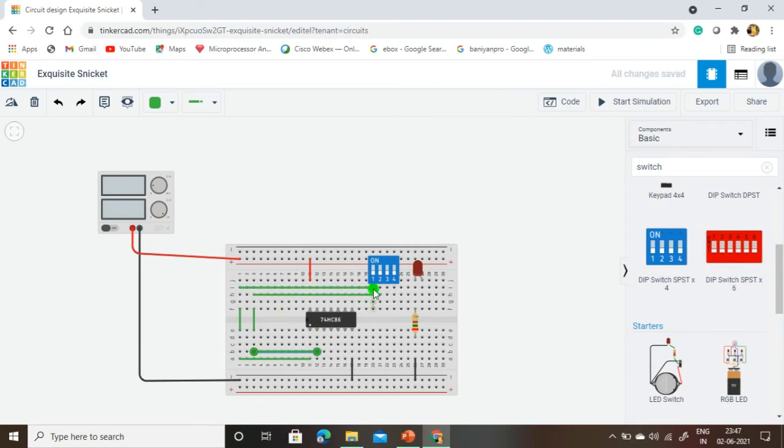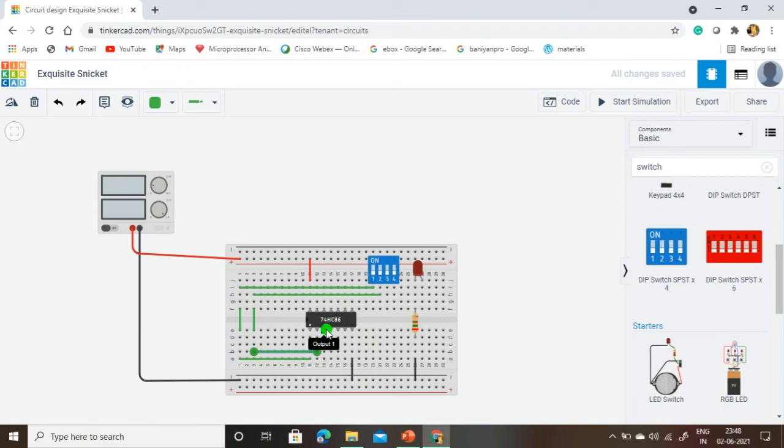First input is from here to here with a single wire, next wire, and next wire. In the physical lab, we are going to connect directly from the first input to the switch. Okay, here it is a simulator. For our neat presentation, I am choosing this line of connections. Okay, then we are going to connect the output.